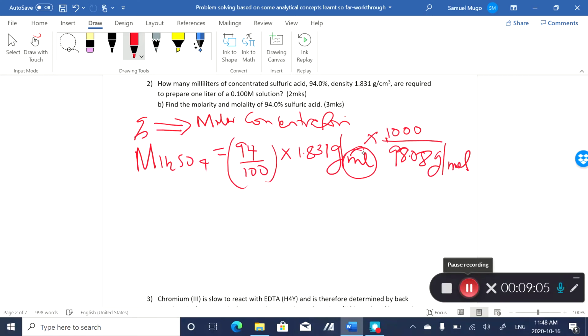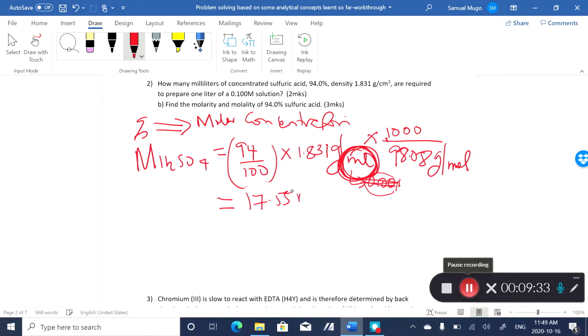And of course, remember, I'm converting this into liters, which would be like multiplying it with 0.001, and that's the same as multiplying this up there by 1,000. And so when you do that, you're going to see the molar concentration of the 94% sulfuric acid is